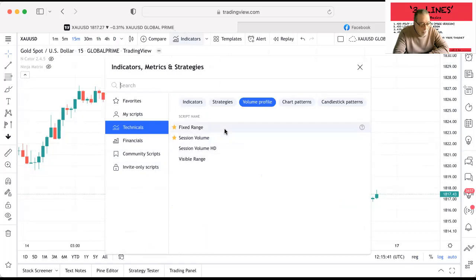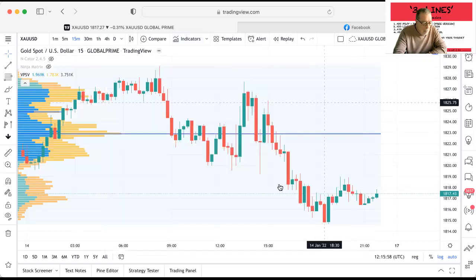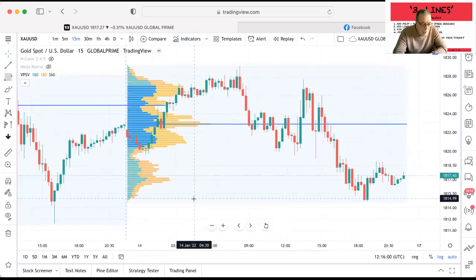Fixed range, which is exactly the same as it was on the free version. You've got session volume, HD, and visible range. So I'm going to go through each of those in turn. So session volume, click on there. And what that shows me,